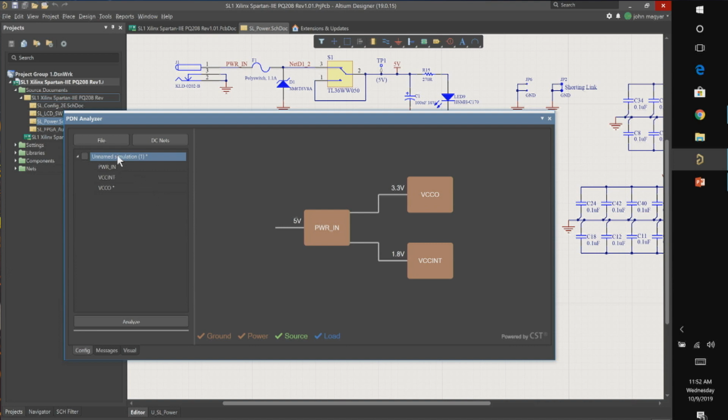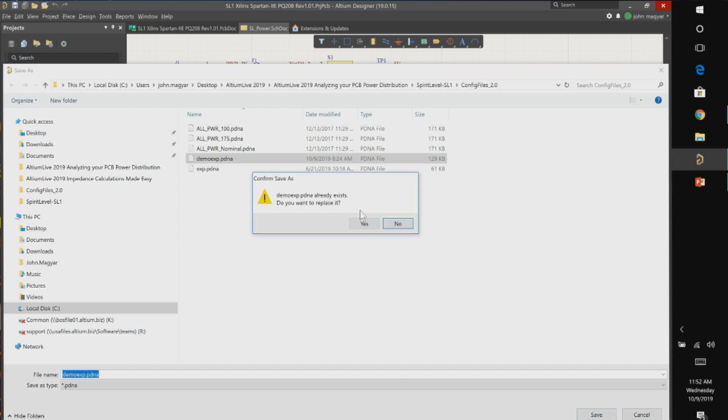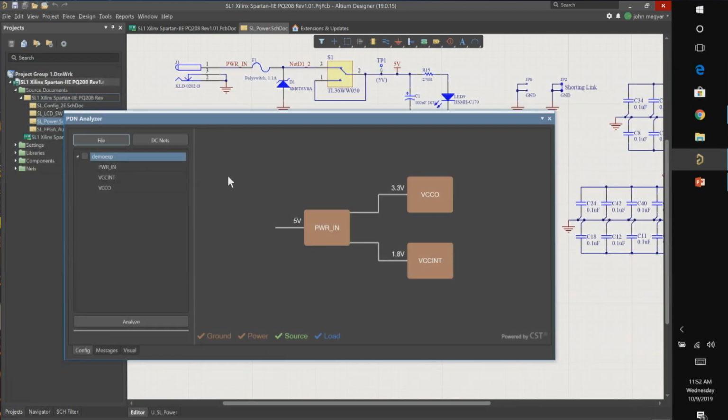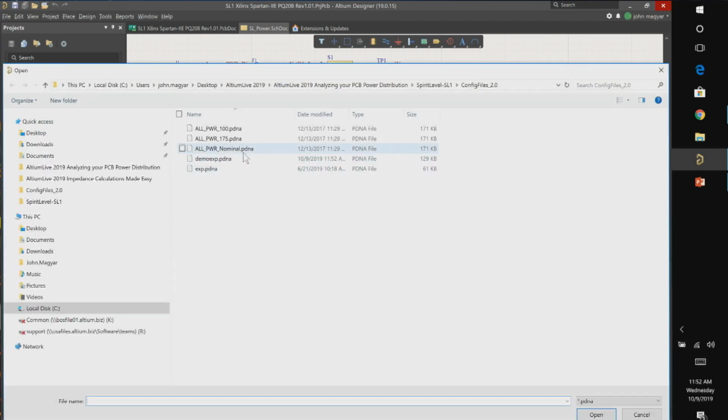What I'll do is show you some other capabilities. I'm going to go ahead and save this, and maybe save it as a demo version. And it already exists. I can overwrite that. And what's nice is that I can clear these out and reload others. So that's what I'm going to do at this point. I'm not going to run the simulation on this. That was just to show you how things interconnect. So I can remove this description, and then I can bring in some other ones that I've very carefully constructed